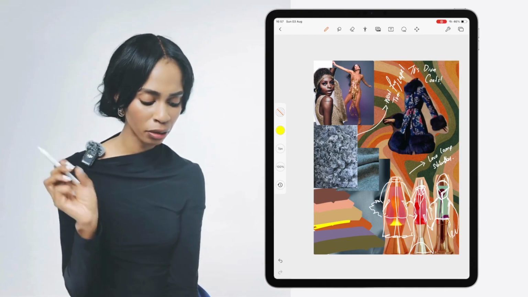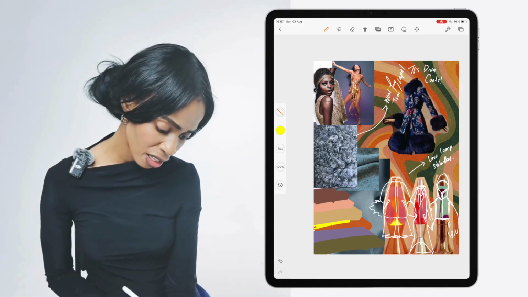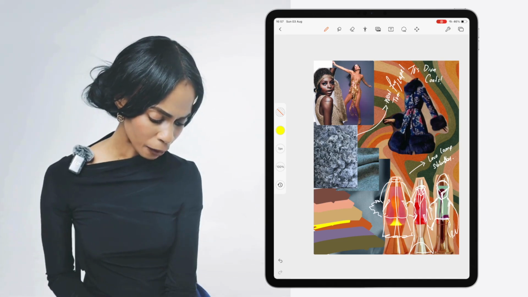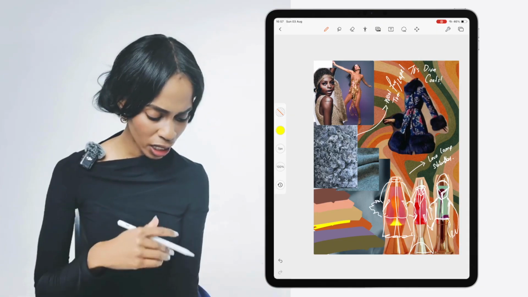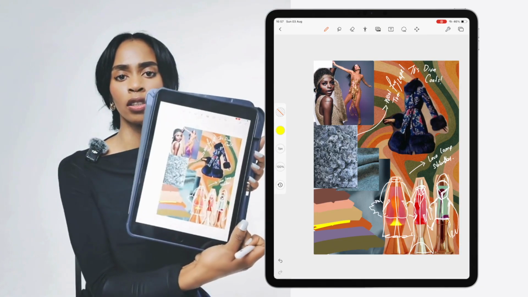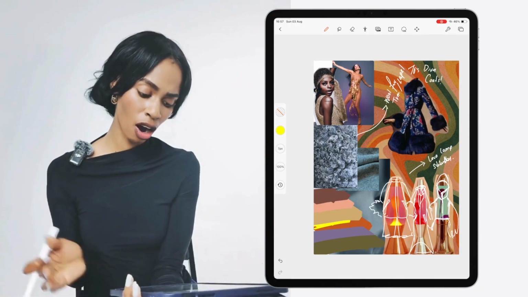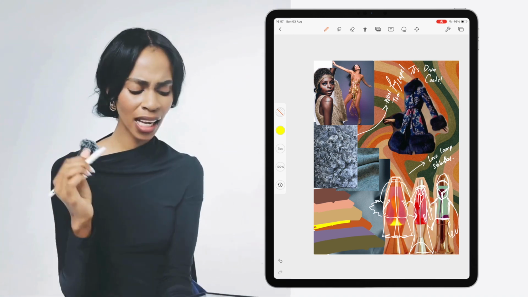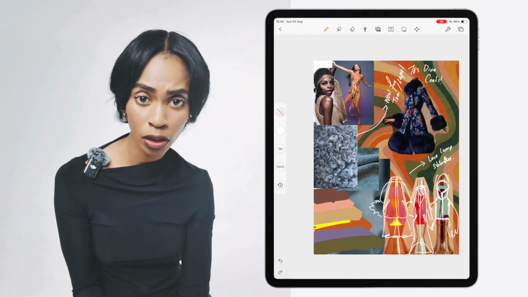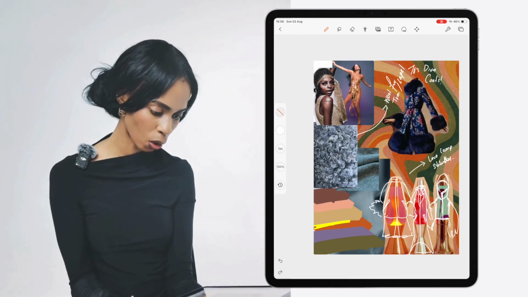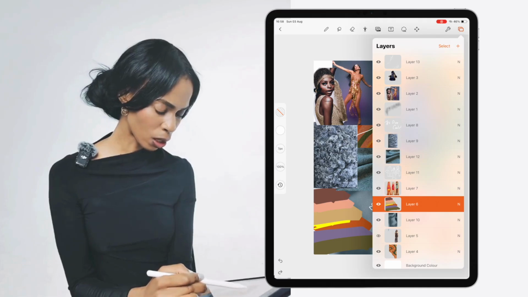I really like the yellow, it makes everything pop. So even if it's just the purple, orange, and then the yellow, you can just mix it up. We want to look at the actual composition of everything. And what I'd like to do is do a little bit of erasing and adjusting. So what I would do to adjust this whole mood board is to adjust